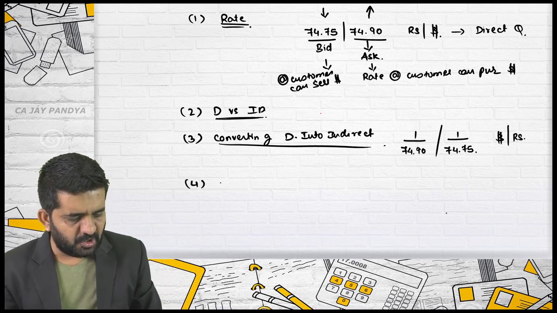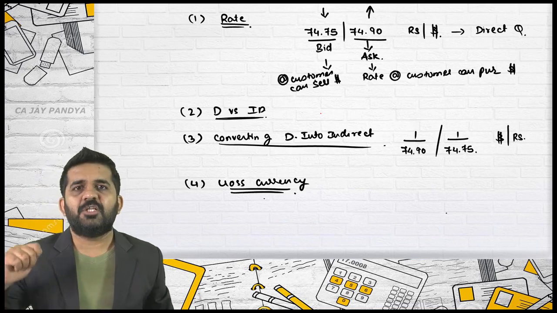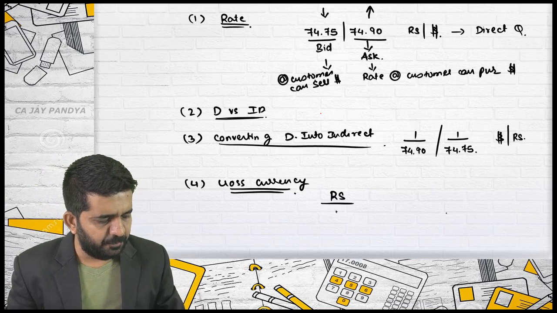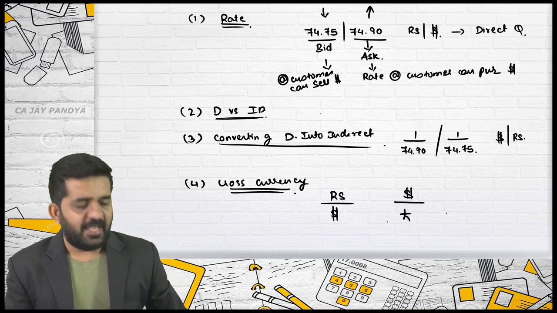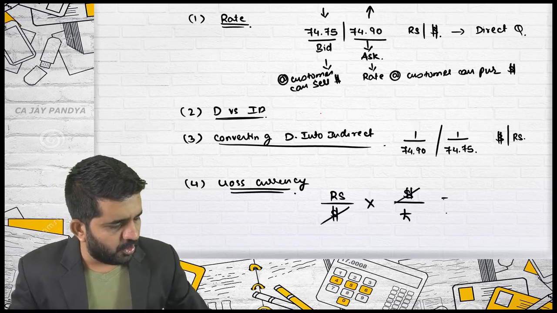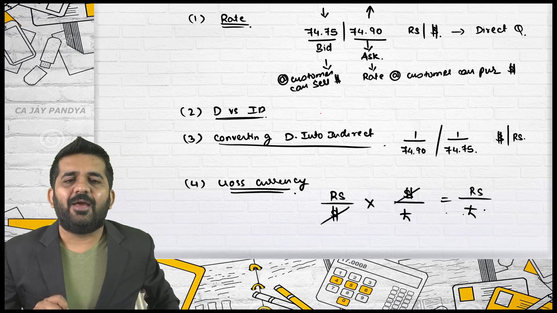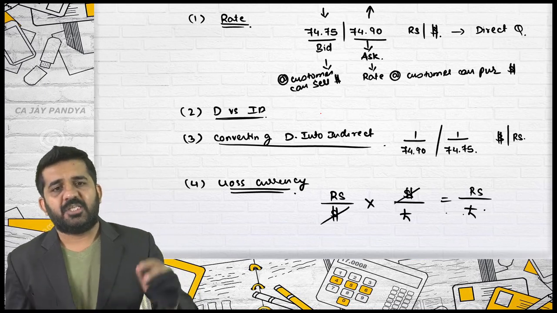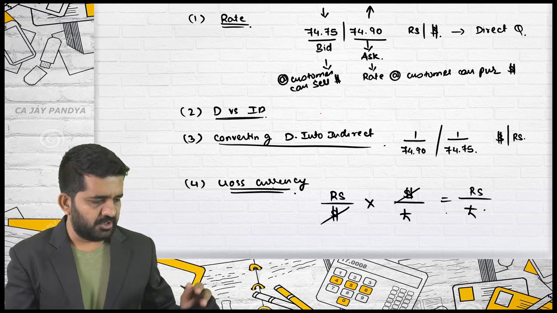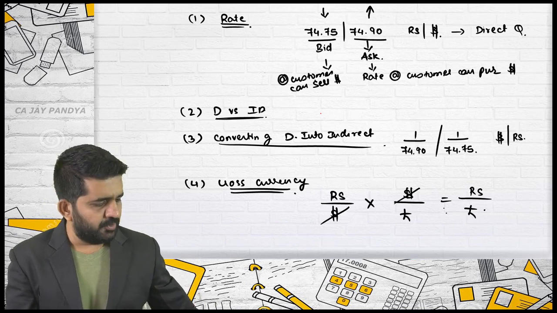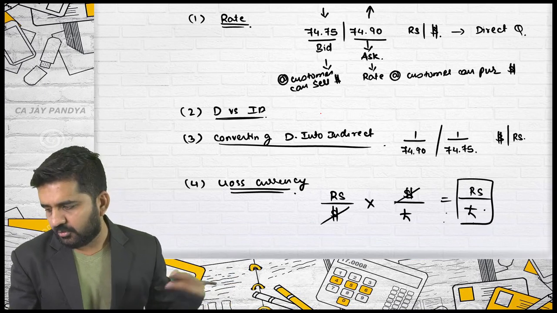Then we did some of the questions of cross currency. Cross currency is very simple. If you are having a rupees per dollar rate, and if you are having a dollar per pound rate, and if you multiply these two, dollar will get cancelled, the answer will be rupees per pound. As per the situation, you will have to change a direct into indirect. You need to decide which rate to reciprocal, which rate not to reciprocal, and we can easily find out the cross currency rate. These are the rates which are not directly quoted in the market, and with other rates we combine it and find out that particular rate.